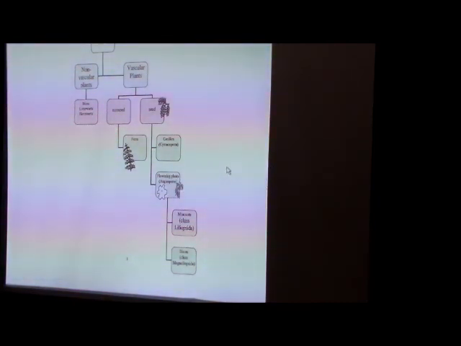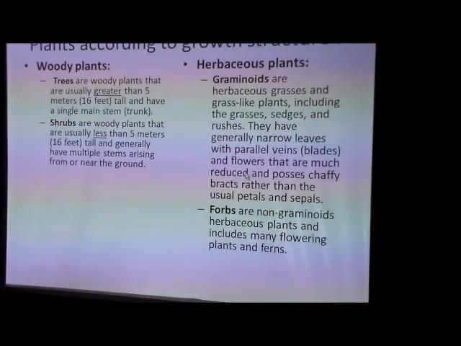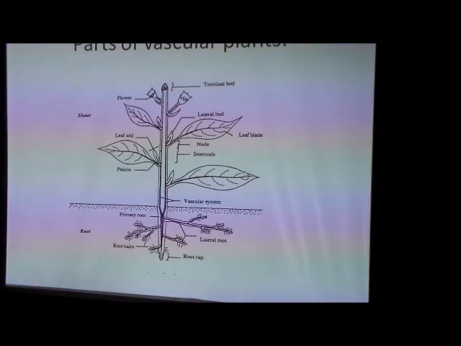So let's go back to parts of plants. Okay, we're going to talk about parts of plants. Now this is a real simple plant we're just going to be talking about. Most plants have, and we're going to talk about flowering plants now. They're going to be either monocots or dicots, though we aren't going to go into the rest. We're going to go into fours. They're gonna have a center stem